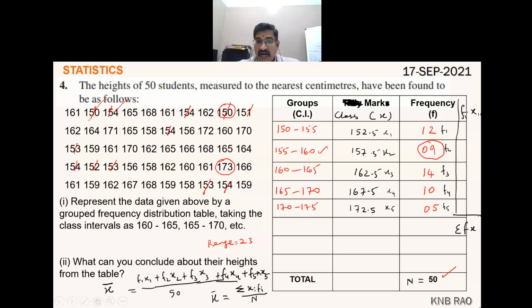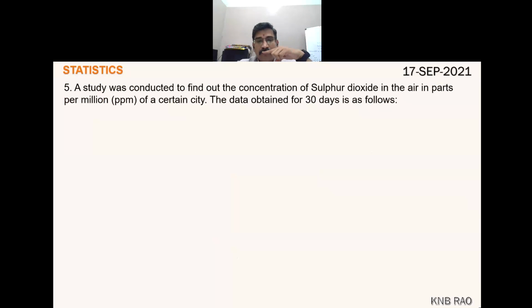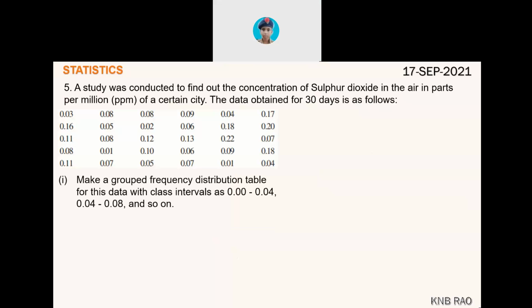So in class 9th, you haven't learned this yet. In class 9th, you will find the arithmetical mean or average of raw data. Okay. Then moving on to question number 5. I will just show you what is in exercise 14.2, question number 5 to question number 9. Yes, 9 questions are there. So 5th to 9th I'm giving as homework for you.